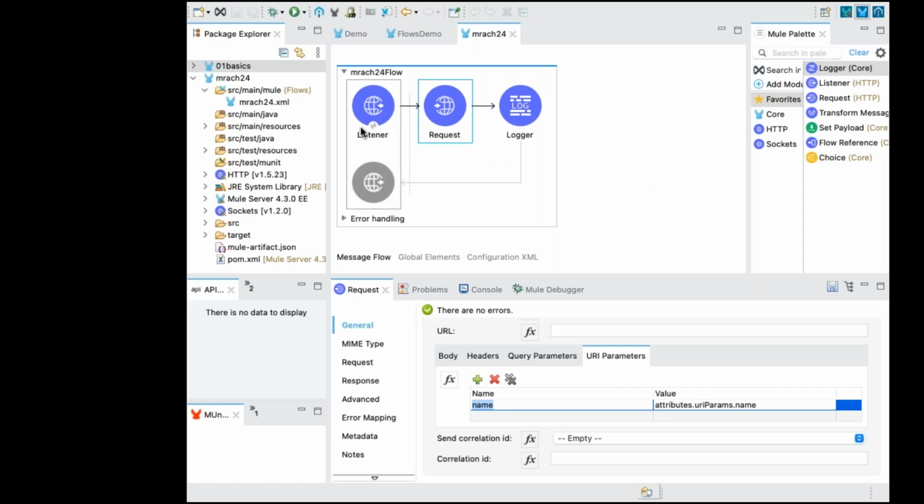Vijay, first it should get the data from somewhere, right? What we are doing here? Attributes dot. I think this is the one you are highlighting. Query params, right? Attributes dot query params. I am also not checking this one. Attributes dot query params.